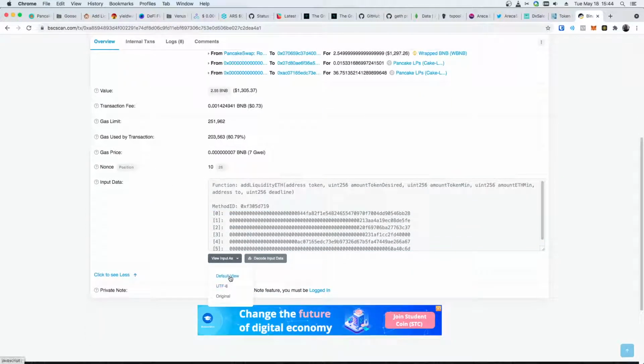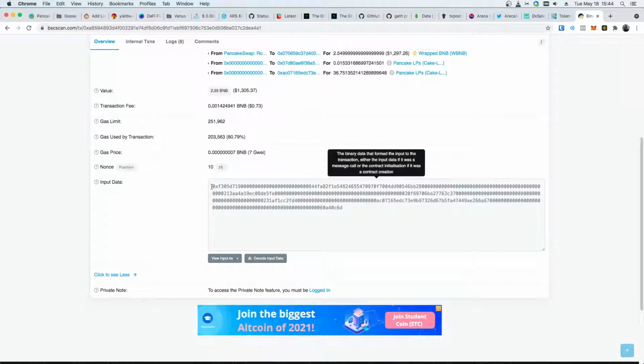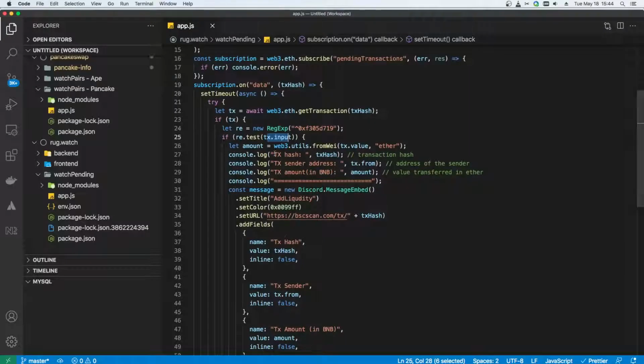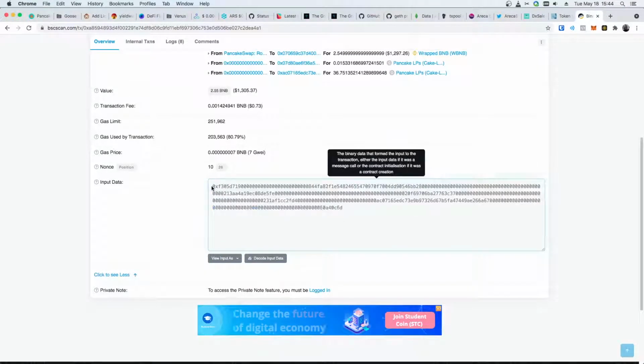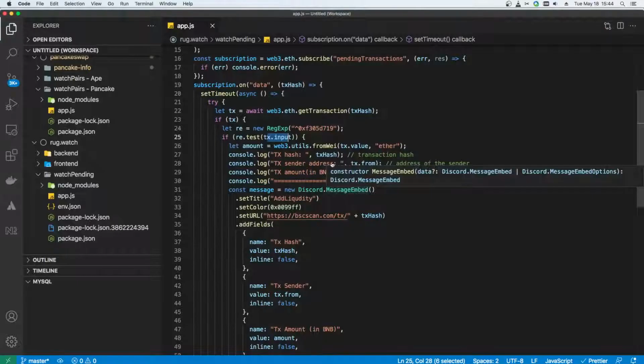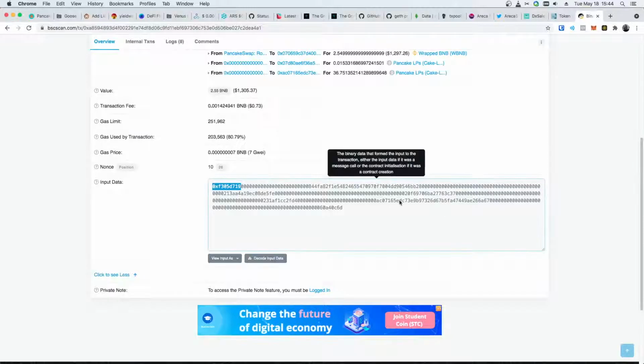where's the default view or original? So here's the input data. This is the raw. In the tx.input object for JavaScript, there is this whole string. What I'm doing, if you notice, is grabbing that and looking for it to be on a given transaction, because